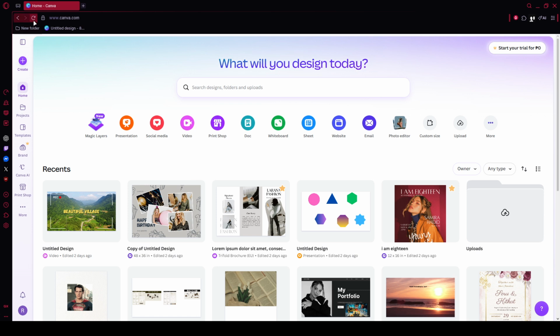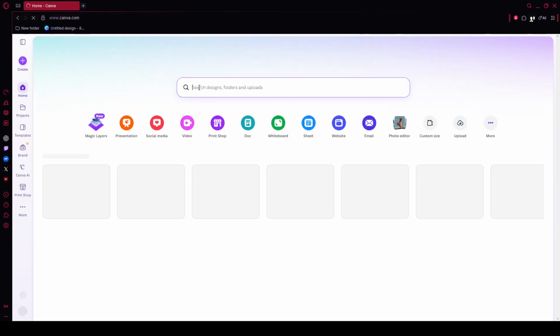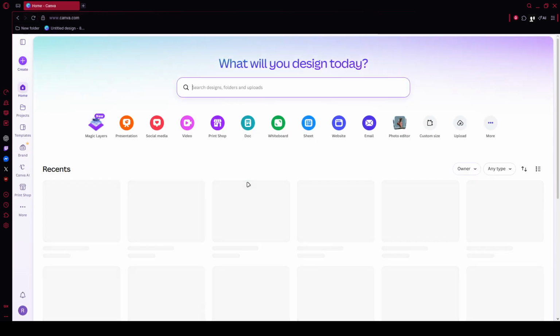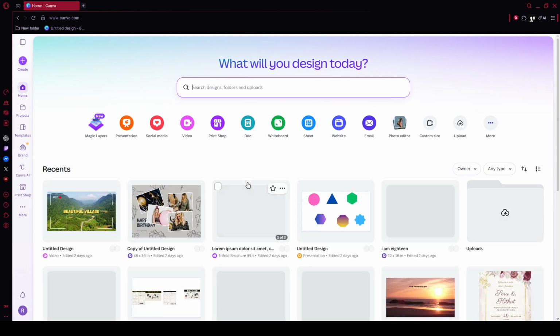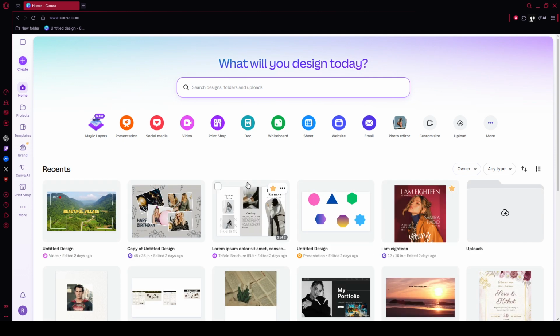Finally, go back to Canva and perform a hard refresh. On Windows, press Ctrl and F5. On a Mac, press Command, Shift, and R. This forces the browser to reload the page directly from the server instead of relying on older local files. Once the page reloads, check that Canva shows all changes saved, then test your canvas by